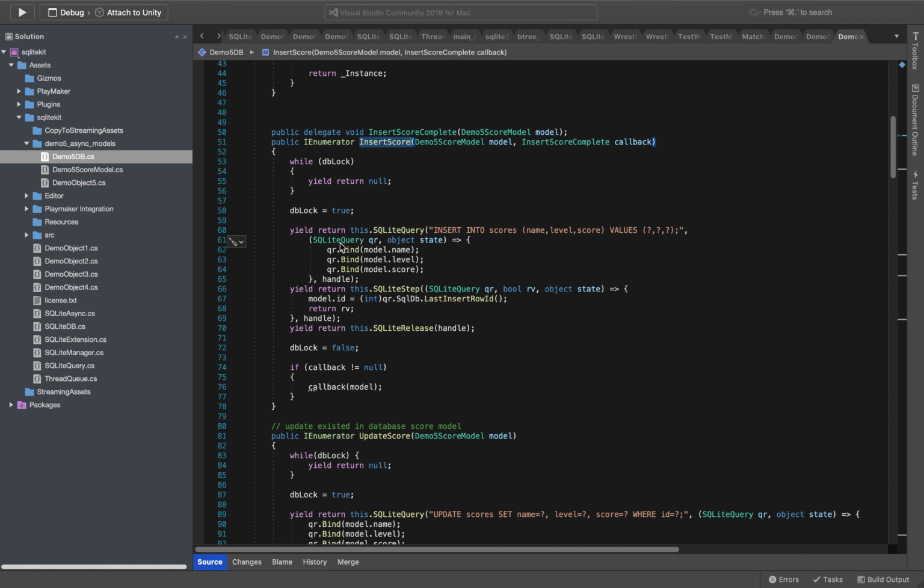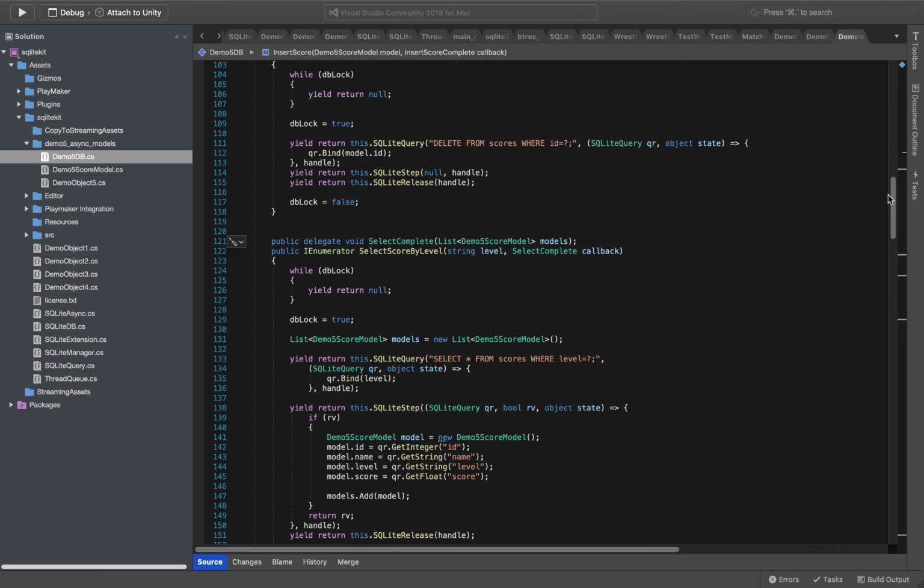See, once we try to add a new record, we don't have an ID. So we insert into the score the name, level, score, but the ID will be given by the database,